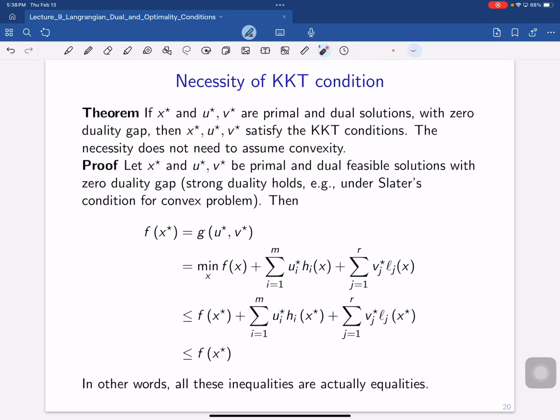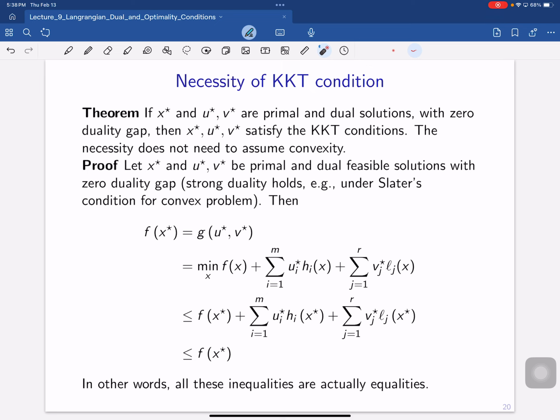Note that the necessity does not assume convexity. As long as you have some conditions under which the problem has 0 duality gap, then the KKT condition is necessary. Of course, under Slater's condition, the functions have to be convex, but there are other conditions where the problem will have 0 duality gap. As long as it has 0 duality gap, the KKT condition has to hold. And the proof is just a few lines of